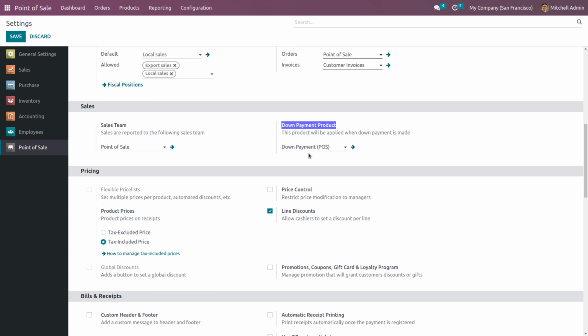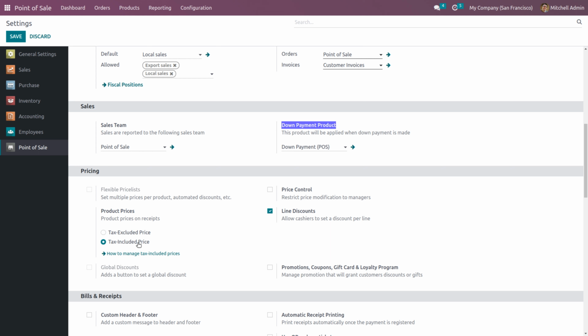So actually in point of sale, we'll be able to fetch our sale orders and make payments through the point of sale terminal, and we'll be having the product price on receipt or in the catalog,